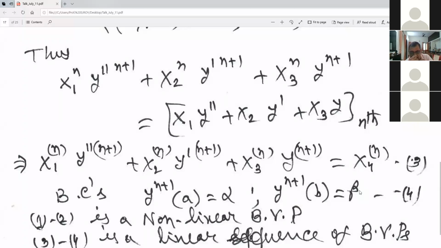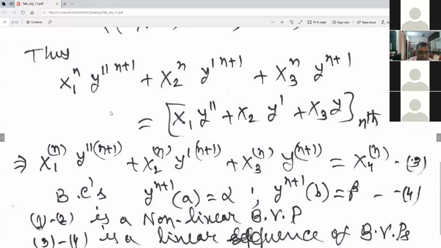Any single nonlinear equation, ODE, you don't have any technique for nonlinear ODE also. Very few are there, maybe first order, second order, there is nothing. In the syllabus you are teaching only linear ODEs. Even variable coefficient, some regular singular point and ordinary point cases you have something, but nonlinear nothing is taught in second order. So any second order nonlinear, you can linearize in this way and you get a sequence of linear